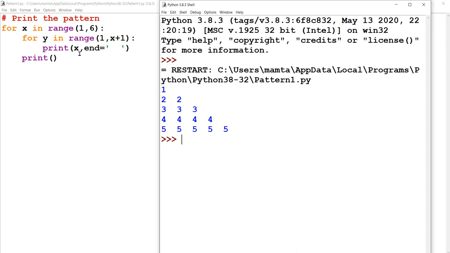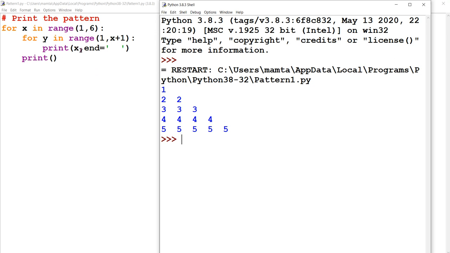According to me, initially 1, correct, then 1 2, then 1 2 3, 1 2 3 4, then the last line 1 2 3 4 5.